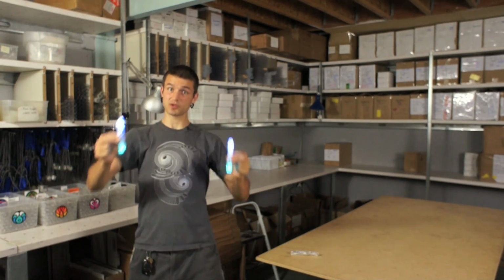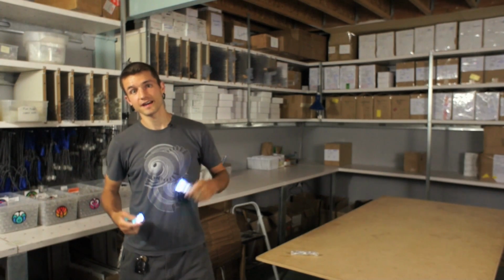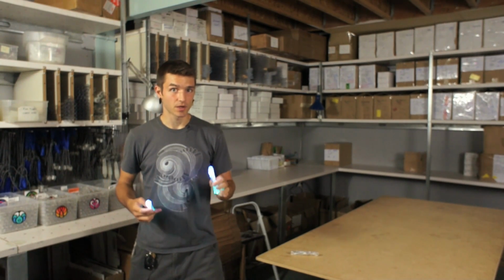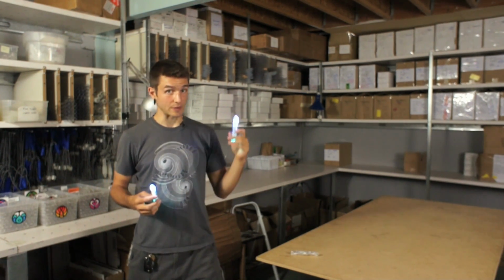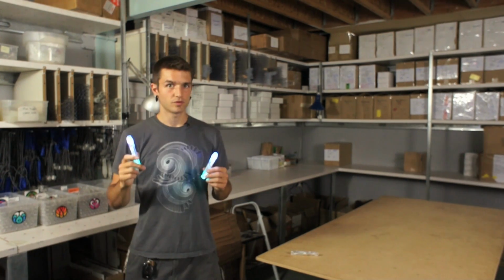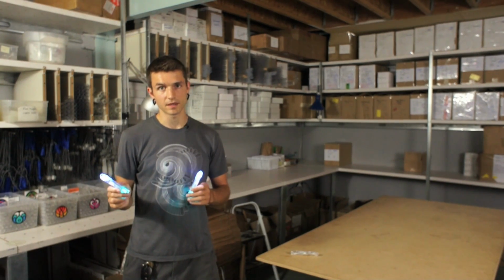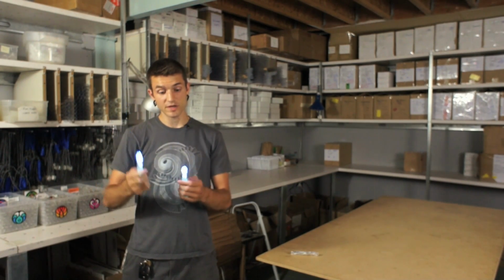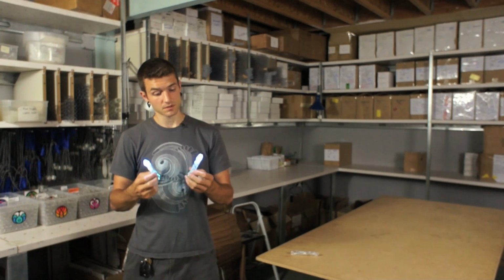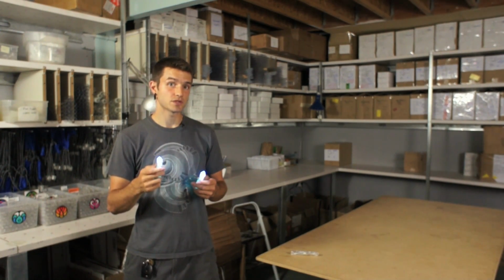Generation 2 Flowlights are here in full effect. Actually, we've been sending them out most of the summer, but we didn't want to tell anyone about it until we had enough stock and until our resellers had their stock up to date. We've actually been making improvements to the Flowlight with every single batch that we've made, but we consider these Generation 2 Flowlights because we made some pretty significant electronic changes and added a few features that I think you're going